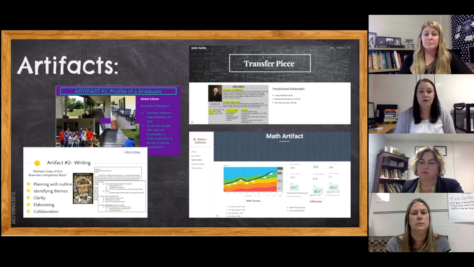And so you can see on the screen, here are just some examples of screenshots from some of the curated artifacts. It is up to students this year whether they want to collect those in slideshows or if they want to create a website. We've had quite a few students decide to do a website so that as they go throughout high school, they're able to continue adding to it and revising it along the way.